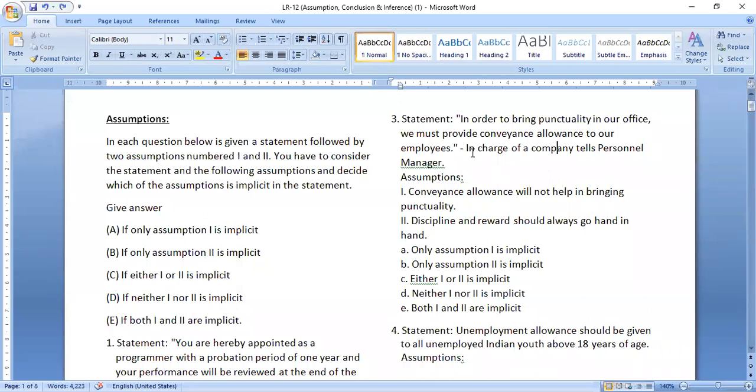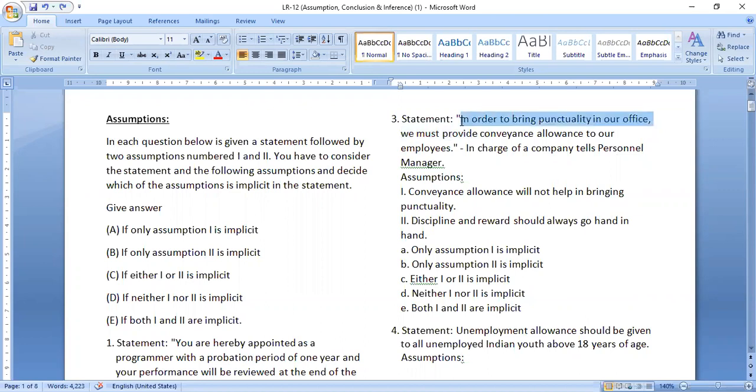See, if you want punctuality, you must provide allowance. If you don't give your employees any conveyance allowance, then you can't expect punctuality. But giving or providing conveyance allowance does not guarantee punctuality. So the statement does not talk about guaranteeing punctuality. It only says that in order to bring punctuality in office,